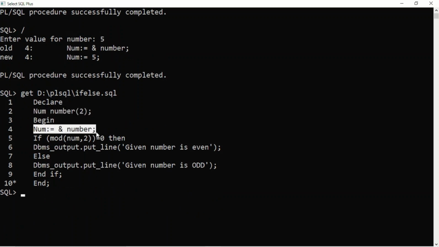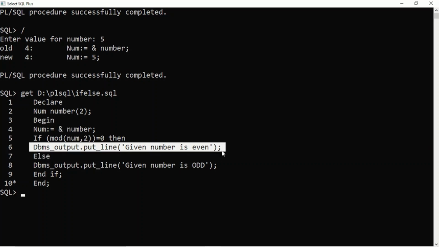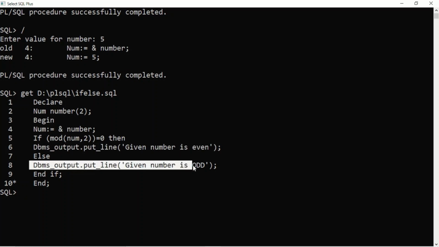Now I am going to read that number. This condition will test whether the number is even or not. If the number is even, meaning this condition is true, in that case, given number is even will be the message. Otherwise, if that condition is false, in that case I will get given number is odd.